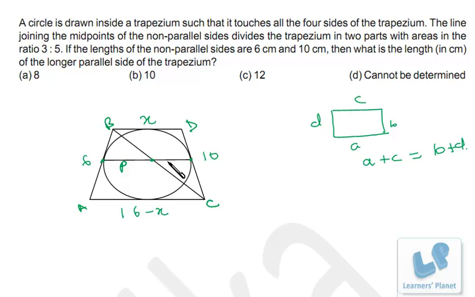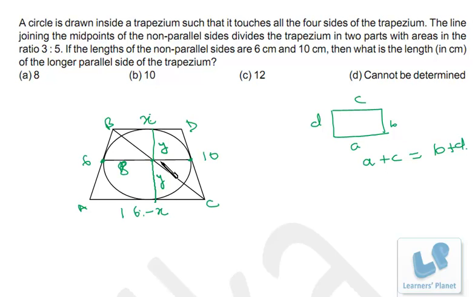That means the entire length from this point to this point will be half of this plus this. Now this plus this is what? 16. That means this length must be 8. So the entire length from this point to this point is 8. This is according to the midpoint theorem. Now since this line is passing through the midpoint, this length will be equal to this length. So I assume this to be, say, y. So this will also be y, right?